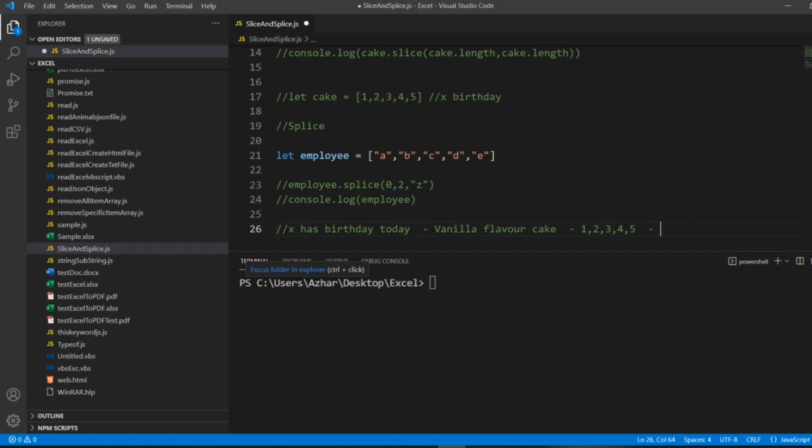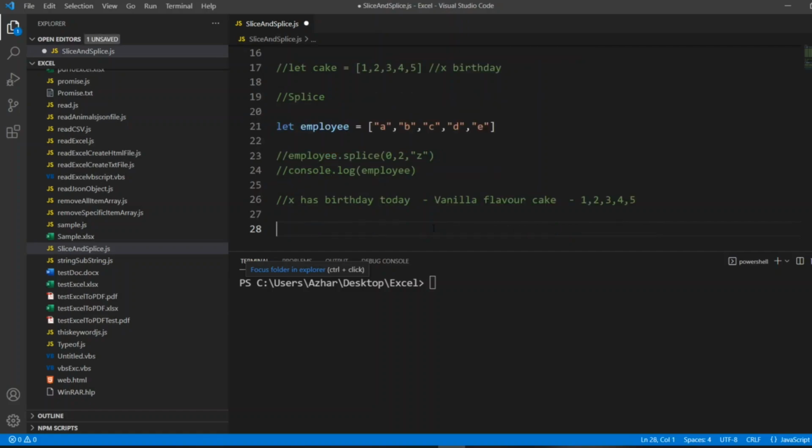The similar kind of method can be applied here in splice. I'll tell my cake array to do the same thing, right? So I'll do one thing here. So cake dot splice, right? So I don't want second and third to be vanilla, I want second and third to be butterscotch flavor. So I'll write it here.